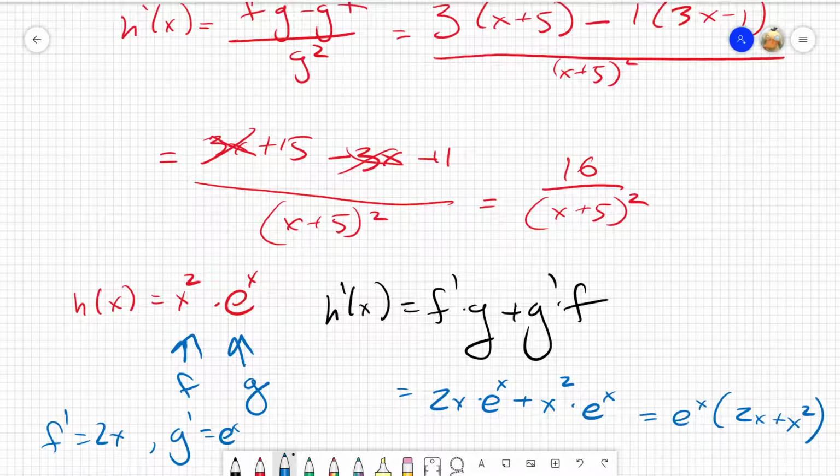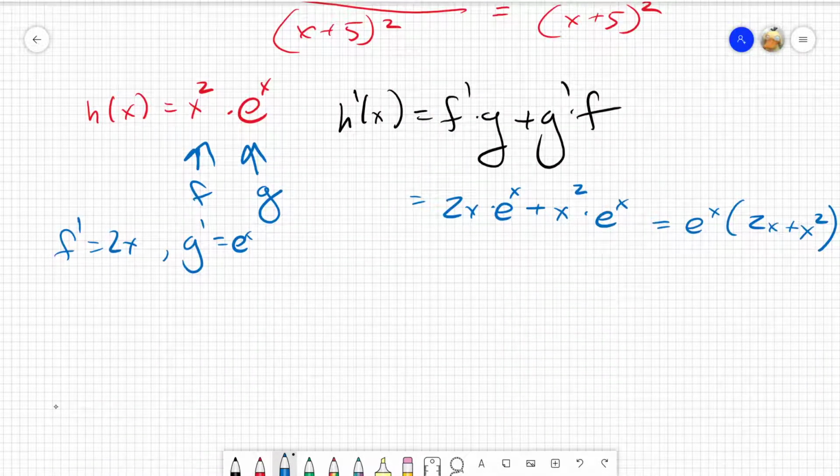But you get answers like this when you take derivatives of powers of x times e to the x. You get this sort of rolling polynomial thing that's going on. All right. So let's try one more. Let's try h of x